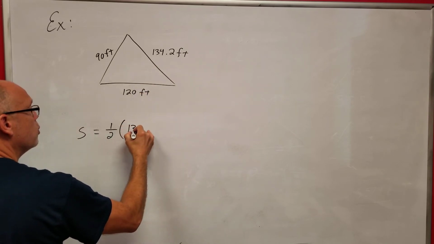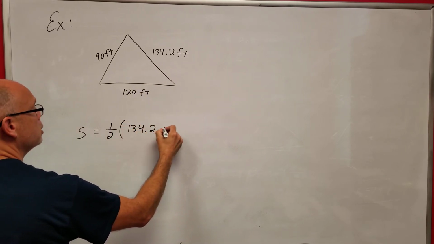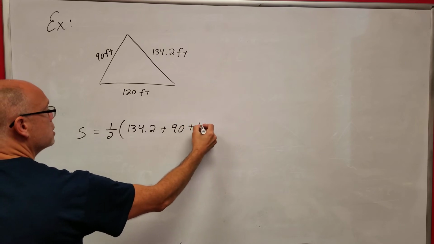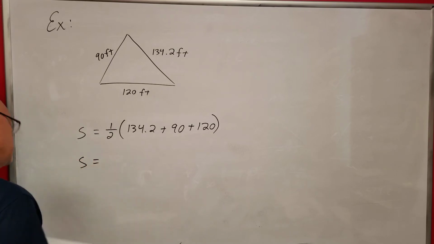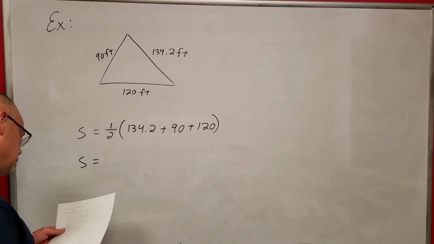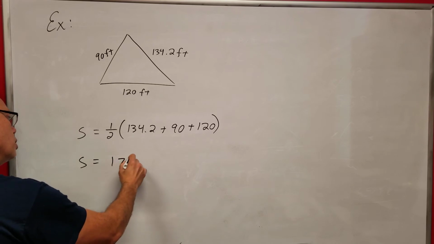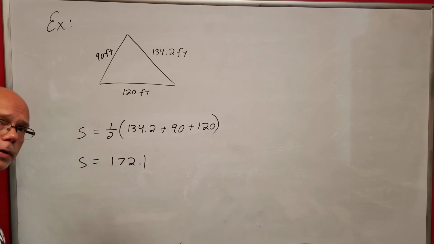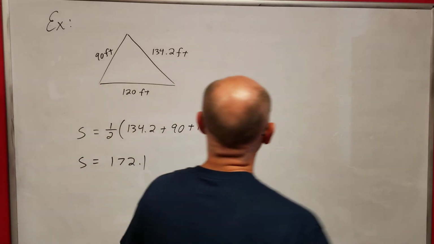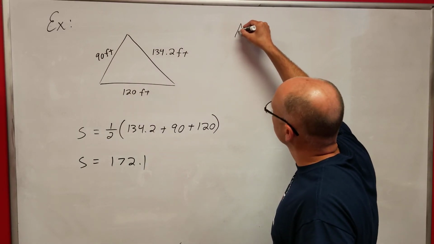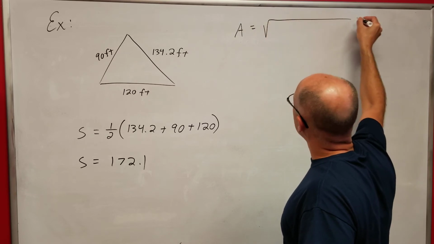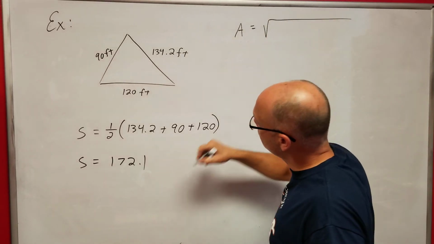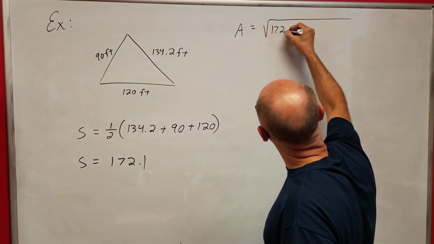So 134.2 plus 90 plus 120. All right, so if you go through and calculate that, you get something like 172.1 for your S value. All right, so the area of this triangle, we're going to say is, according to that formula we had, the square root of S, which is 172.1,